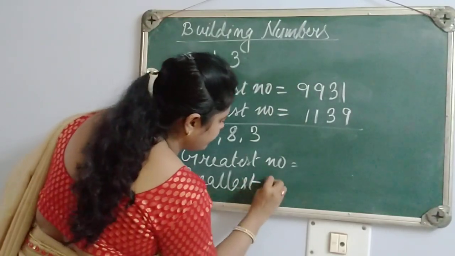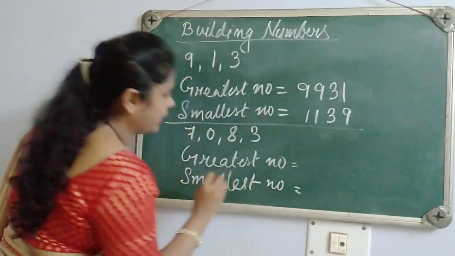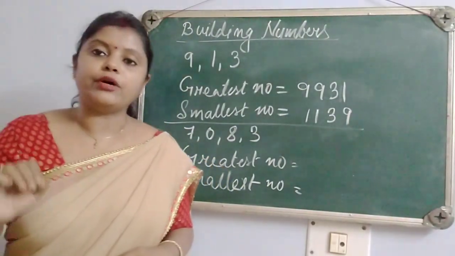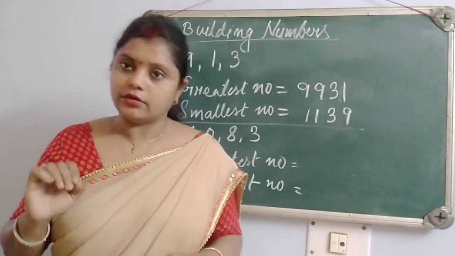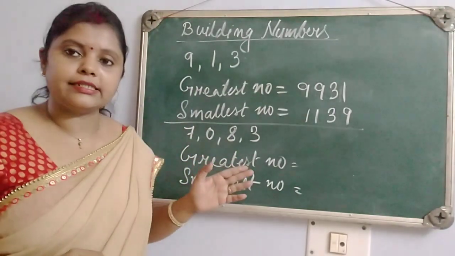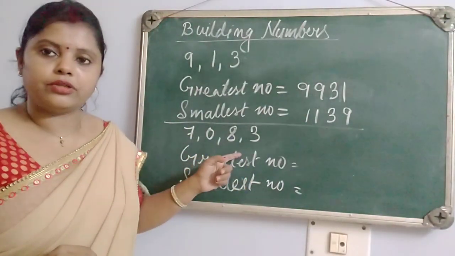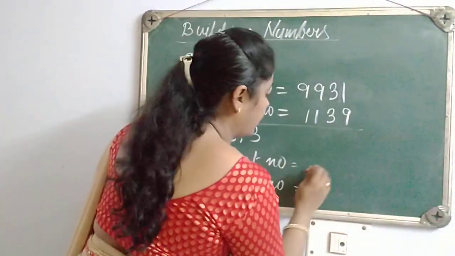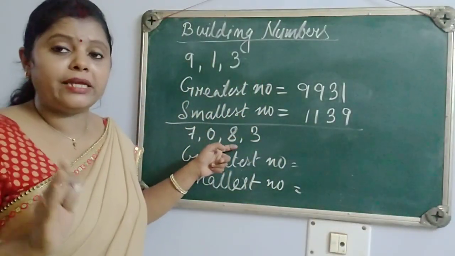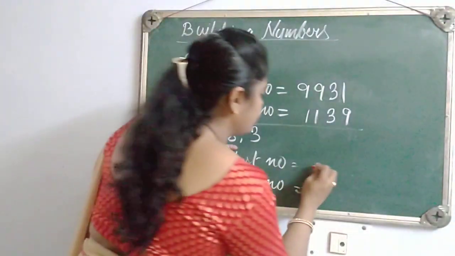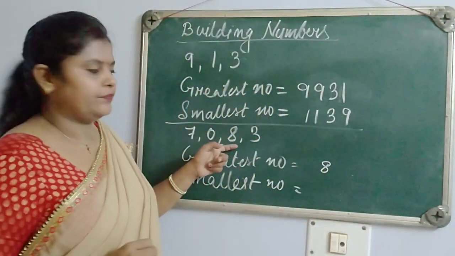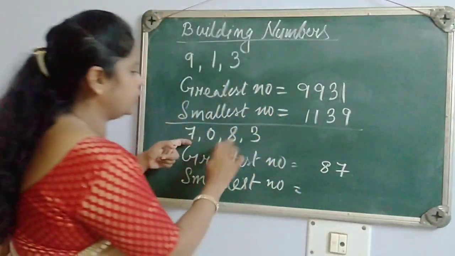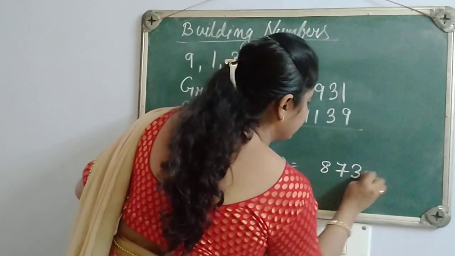Okay. As we know the rule, for the greatest number we have to arrange in descending order. So if we are going to arrange in descending order, we first have to find the greatest digit. Here in this case it is 8. I told you earlier, leave a few places blank in the front. So 8, I have left a few places. Then the next one is 7. And among 0 and 3, the greater is 3, and then 0.